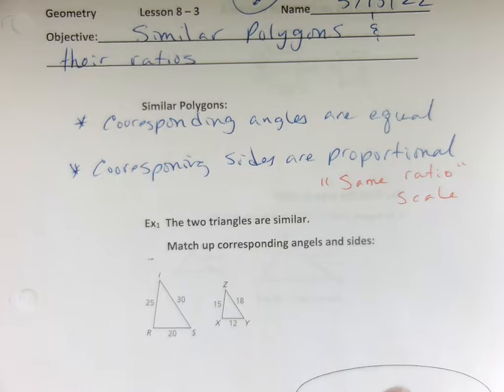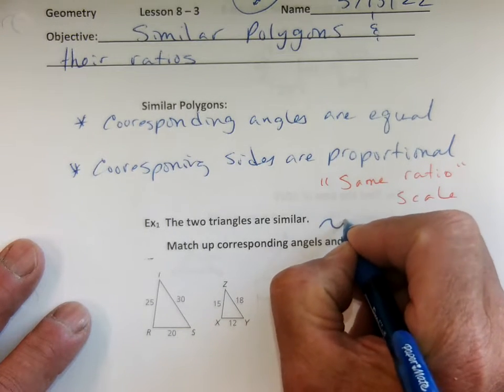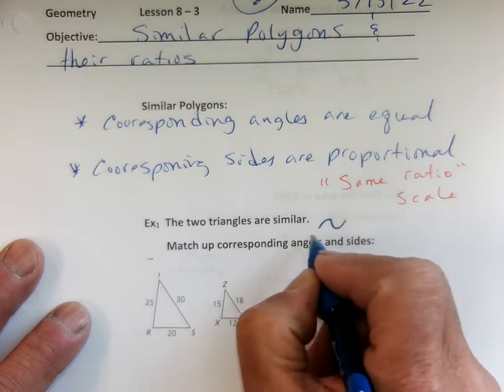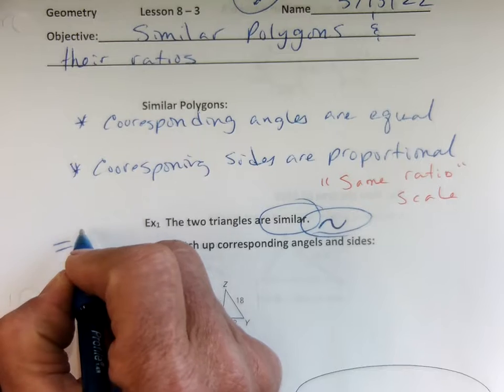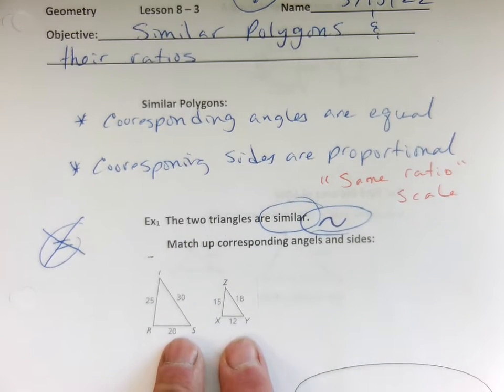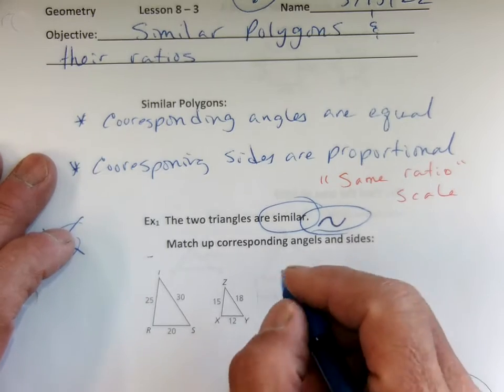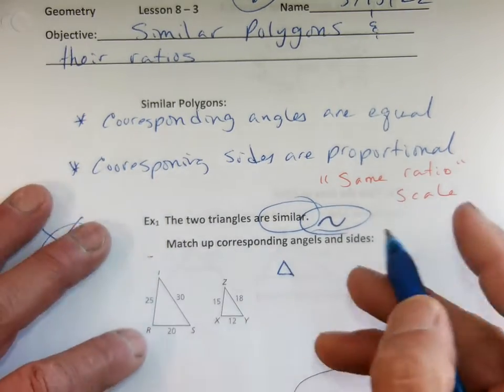Now this is important, how we write this. So we're going to use this symbol. All by itself it means similar. Not equal, but that symbol means similar, okay? We're not going to use an equal sign because they're not equal. These two triangles are not equal. One's bigger than the other, right? But they're similar. So when we say that triangle ISR